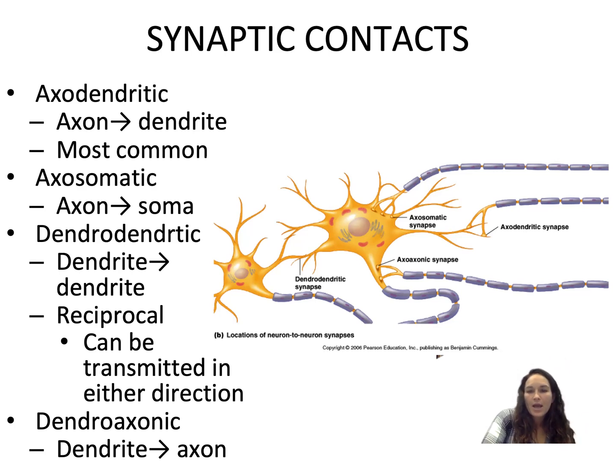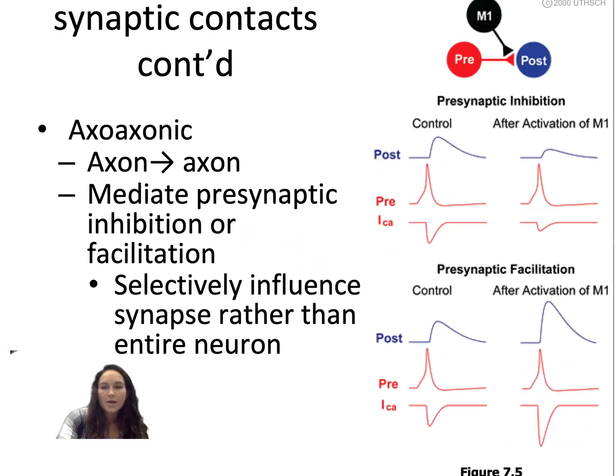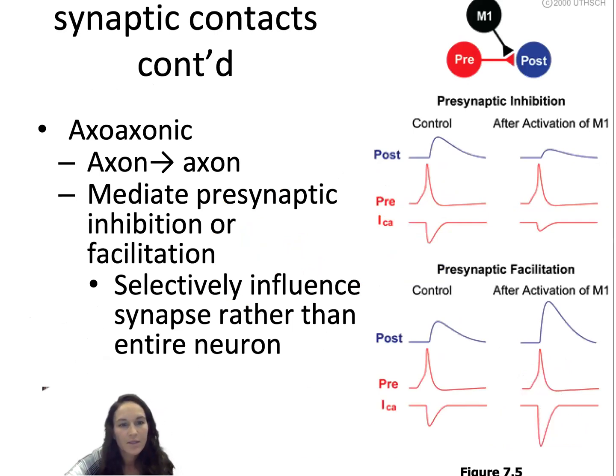In axoaxonic synapses, we have an axon terminal acting as a presynaptic cell, and then another axon terminal acting as a postsynaptic cell. With axoaxonic synapses, oftentimes these are mediating presynaptic inhibition or presynaptic facilitation. Presynaptic inhibition is if the axon that is presynaptic is talking to the other axon,